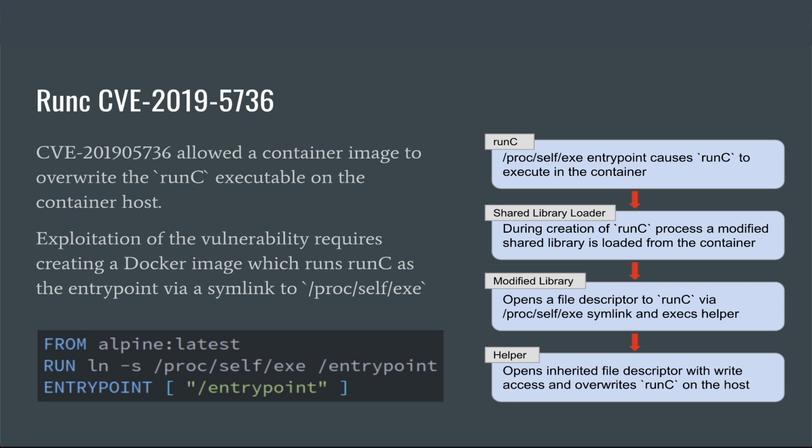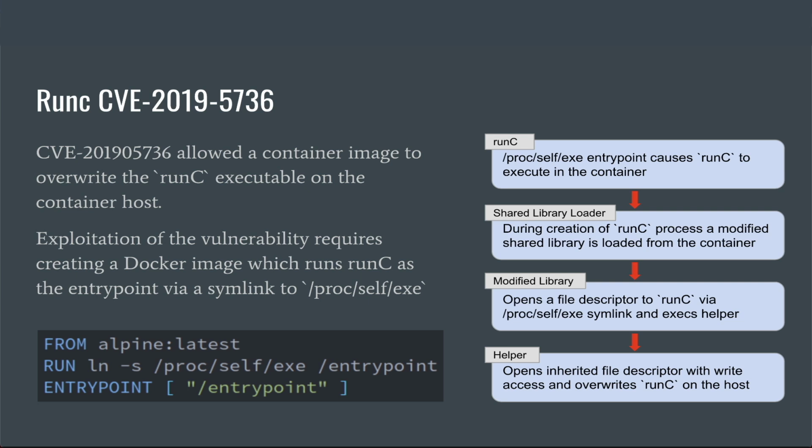CVE-2019-5736, a vulnerability in Runc, allows a container image to overwrite the Runc binary on the container host. So the next time that the container is started, the backdoor Runc binary is executed, and it allows the full compromise of the container host as the root user. Exploitation of this vulnerability can be achieved by creating a Docker image which runs the host Runc binary as the